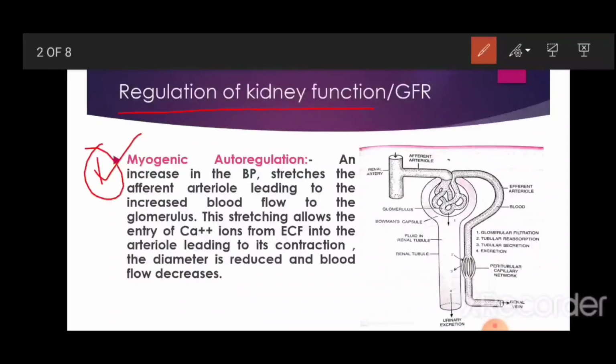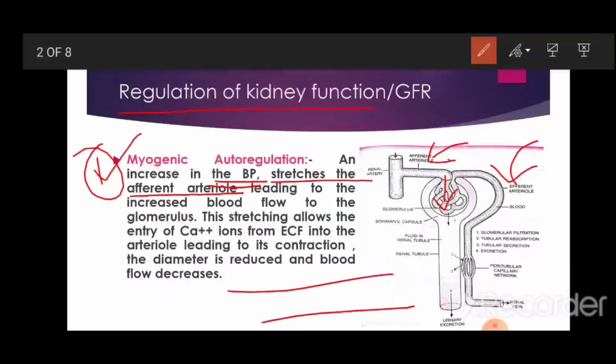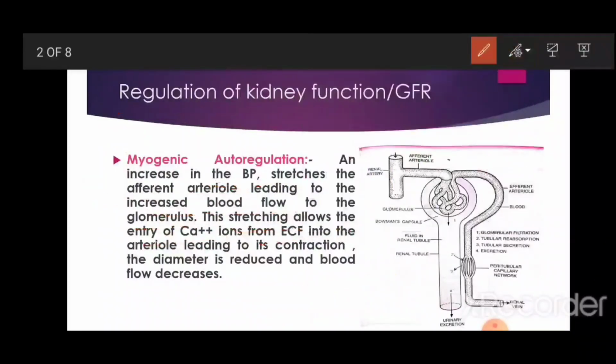So the first mechanism is myogenic autoregulation. An increase in the blood pressure stretches the afferent arteriole. If you can see this diagram, this is afferent arteriole and this is efferent arteriole. From afferent arteriole, blood enters the glomerulus. Due to this stretching, there is an increased blood flow to the glomerulus. And this stretching allows the entry of calcium ions from the extracellular fluid, ECF, into the arteriole, leading to its